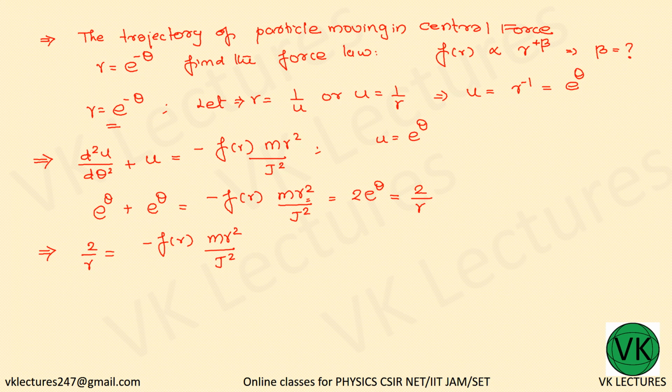Now bringing j square here, the function F of r is equal to 2 j squared by m r cube with a minus sign. Now F of r is proportional to r to the power minus 3. So the beta value is minus